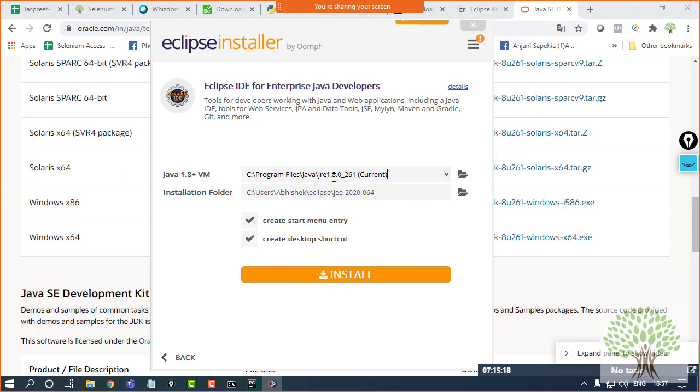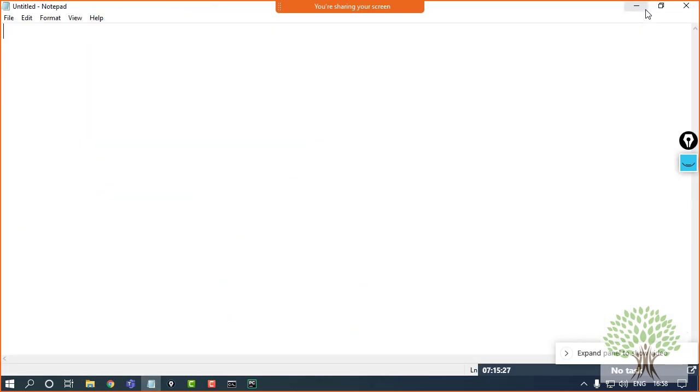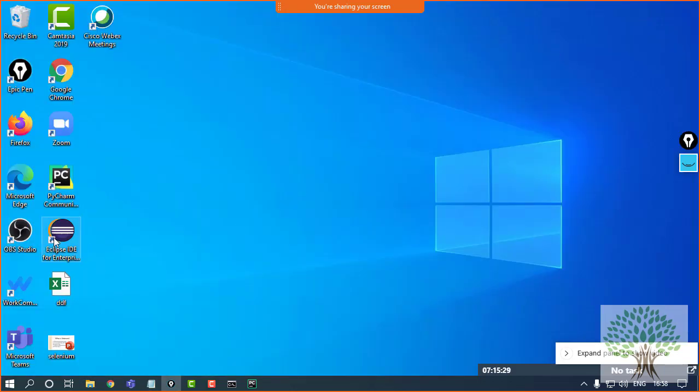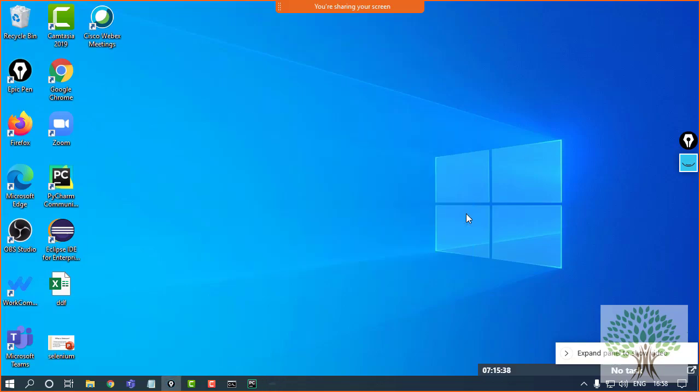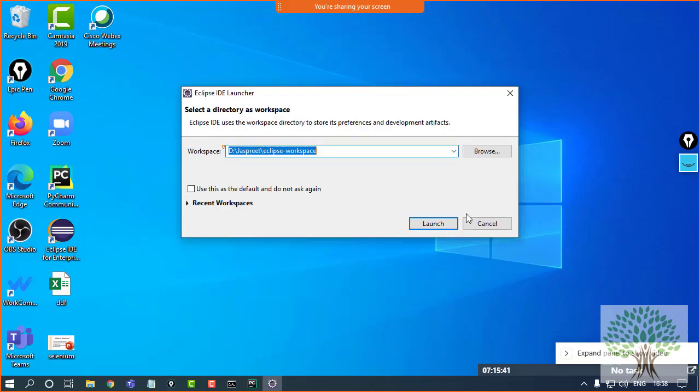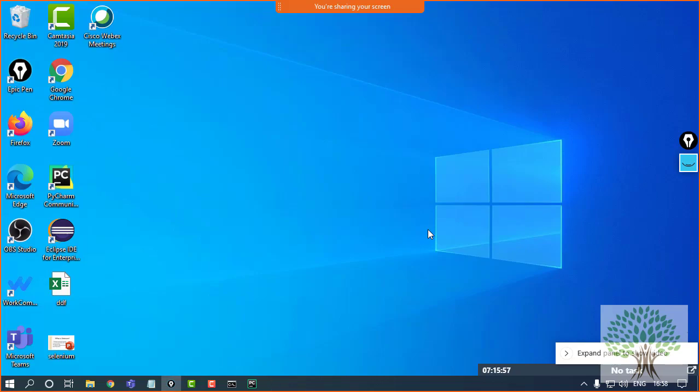Fine. Once it's given, click on install. It will take around 2 to 3 minutes. And then after, your Eclipse will be launched. I'll show you the recent version, how it looks like. I have it in my system already. So this kind of screen it's going to show you when your full installation is completed. And also, it is going to ask you for a workspace where all your code is going to be saved. Whatever you will be writing, at this location it will be saved. By default, it gives you something else. You can change it as well from the browse option and click on launch.